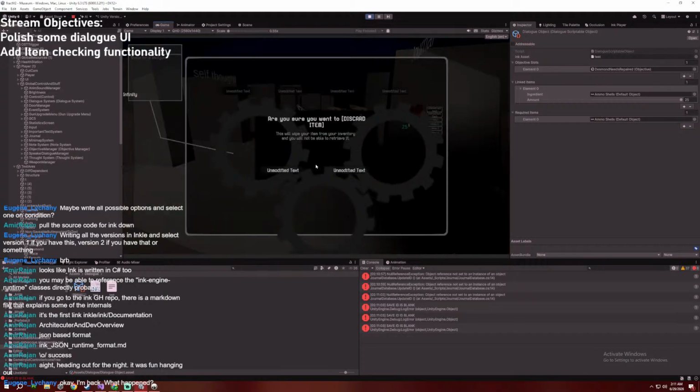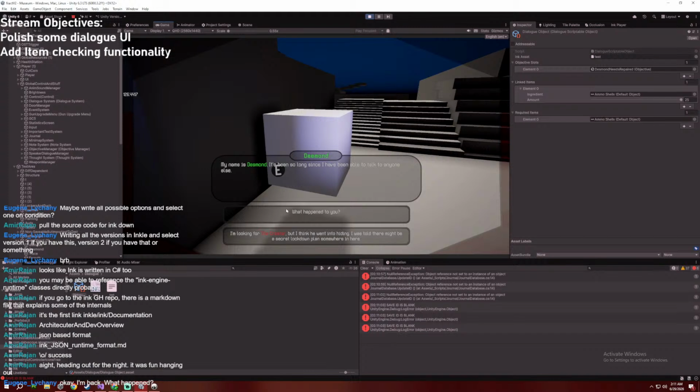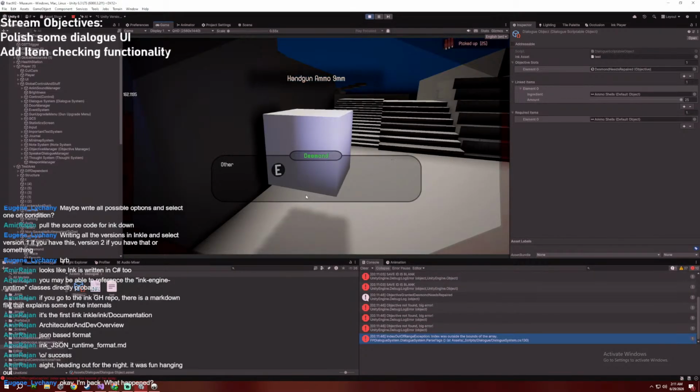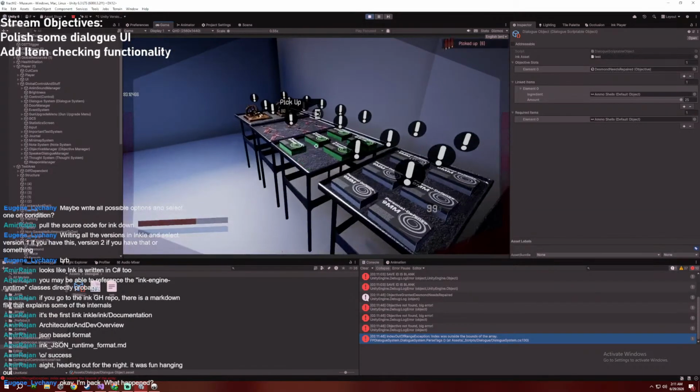So if I don't have shotgun shells in my inventory, I don't currently, then that means it printed false, which is true. If I grab the shotgun shells,